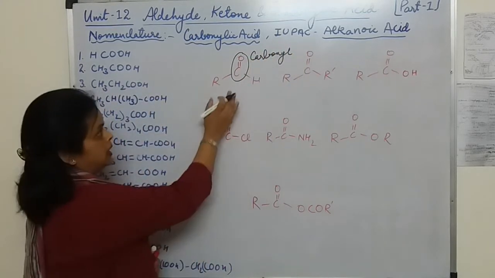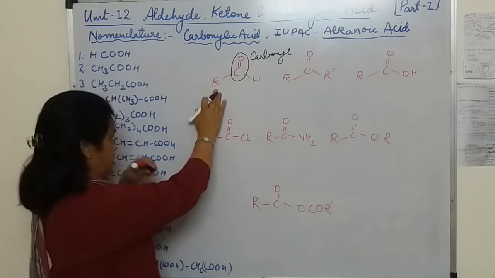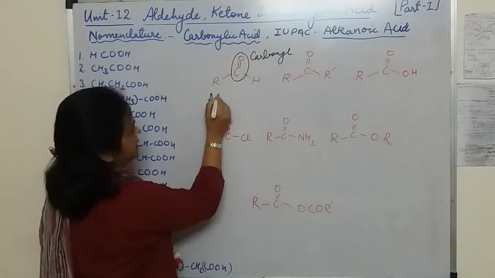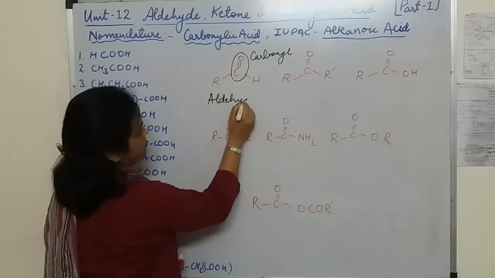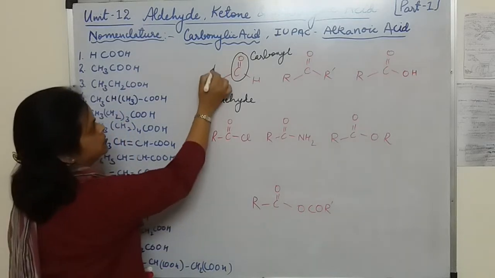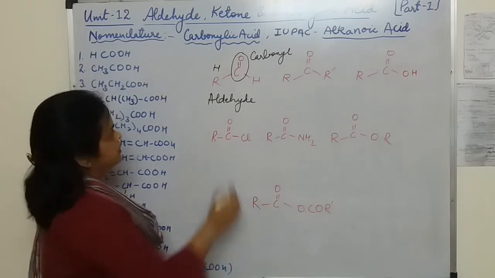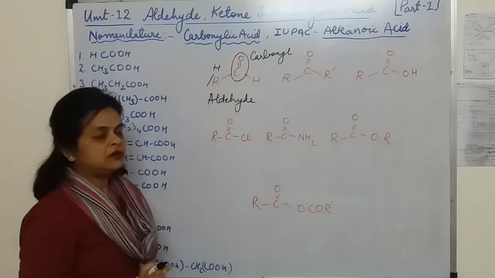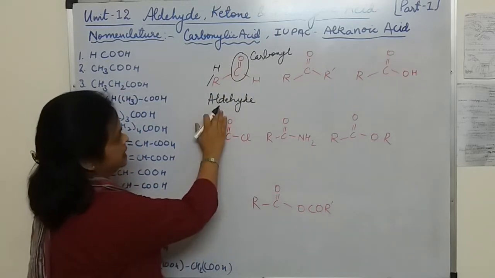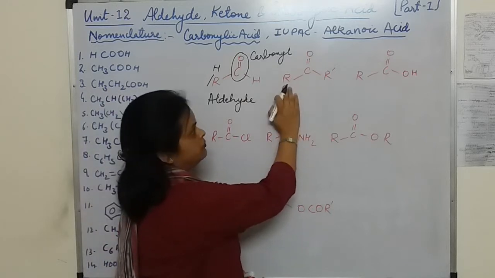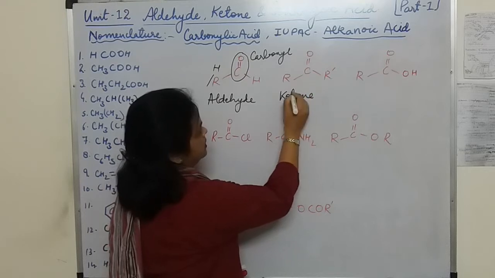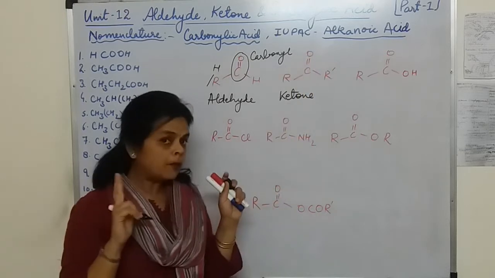When along one side we have an alkyl group and on the other side we have H, then this is called an aldehyde. It is not always necessary, though: the first member has H on both sides, that is formaldehyde. So it is also possible that the carbonyl has H on both sides, and that is the first member of the aldehydes. And when the carbonyl group has two alkyl groups, that is called a ketone. That means this carbonyl group has two bodyguards.